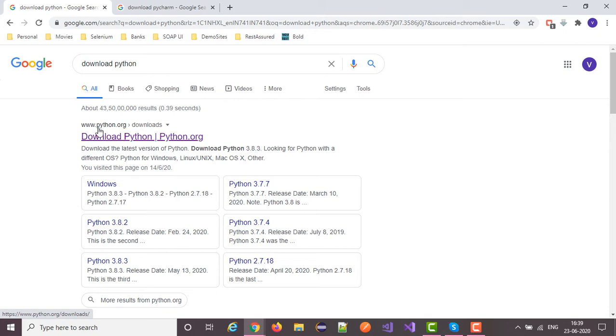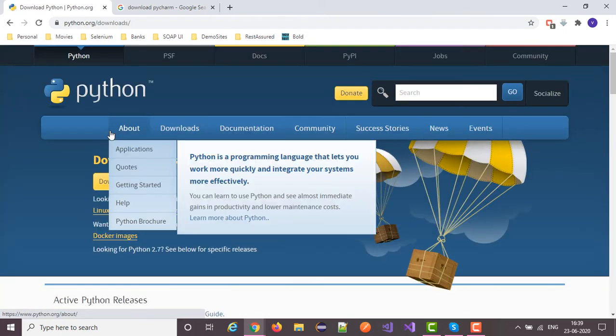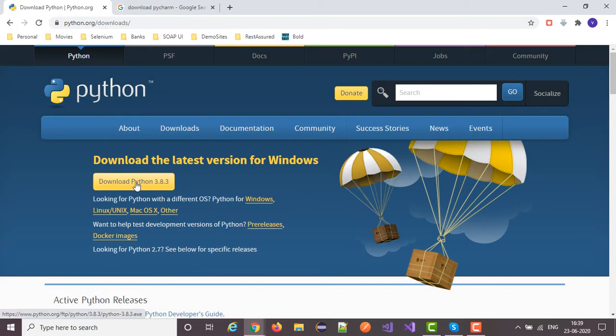Navigate to www.python.org. Go to downloads and download Python 3.8.3 version, which is the latest one for Windows.